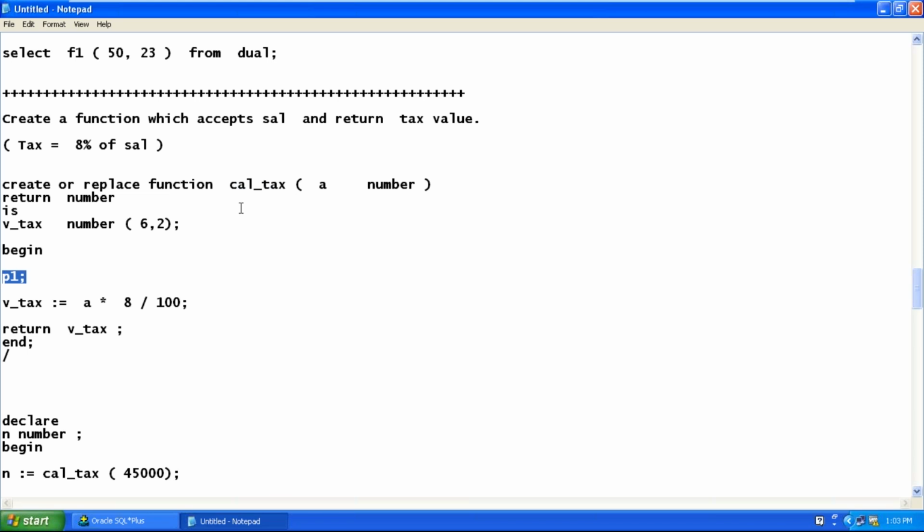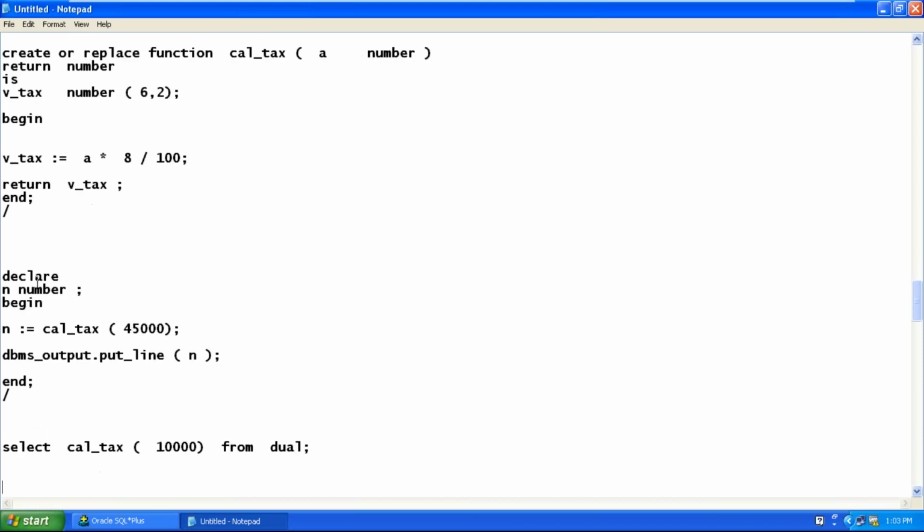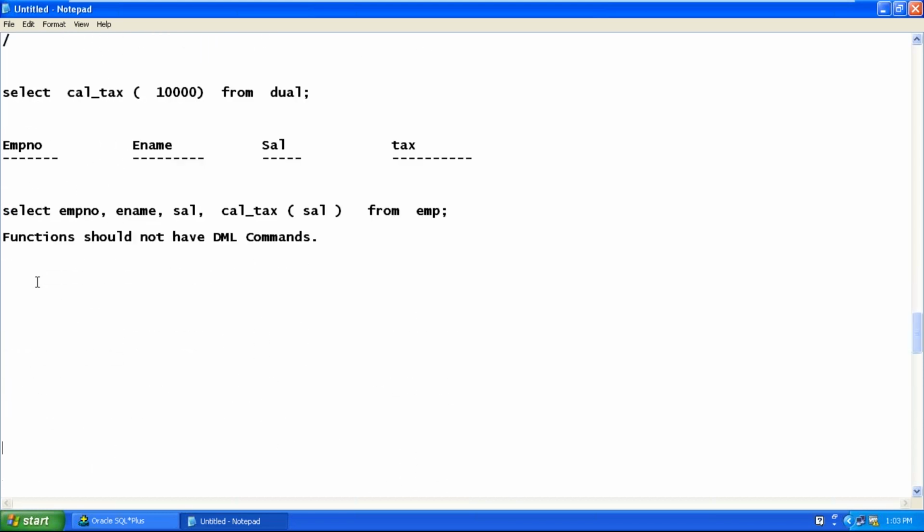Yes, you can call it, but that procedure should not have DML commands. If the procedure has DML commands, in that case you get an error. So technically, we will not call procedures from functions, but functions can be called from procedures. Clear, Dilawar? Yeah, correct. Functions should not have DML commands.